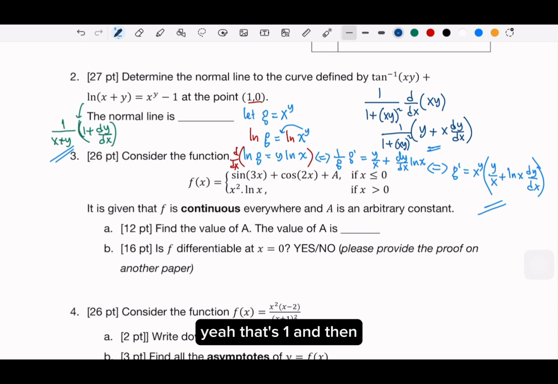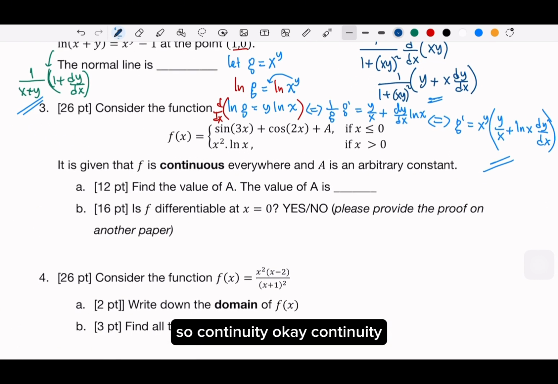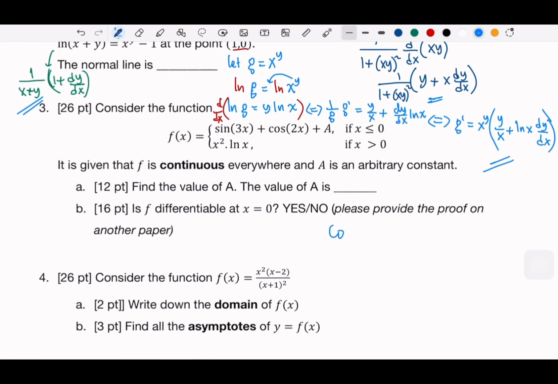The limit of that function is equal to the value of that function itself. That means continuous. So let me write here: continuity means that limit